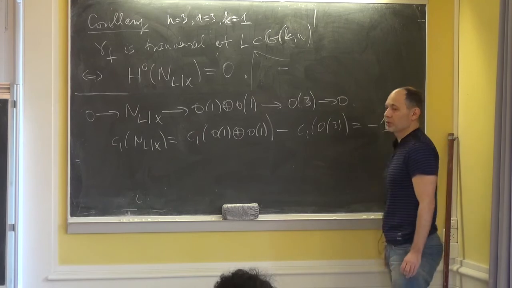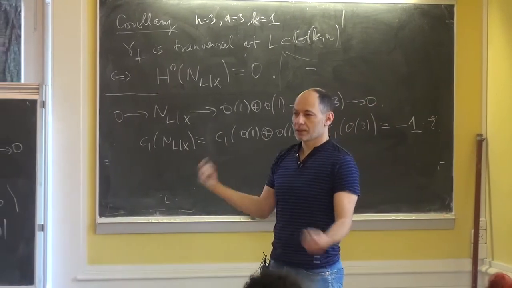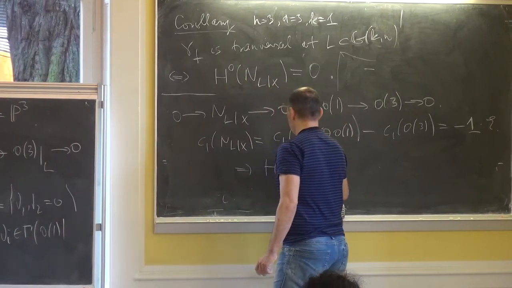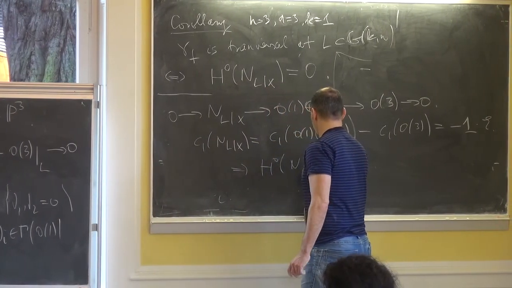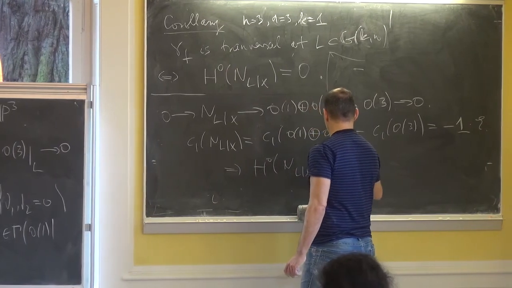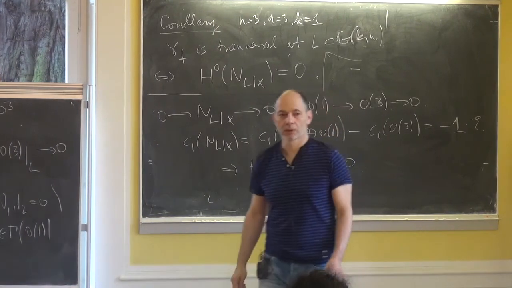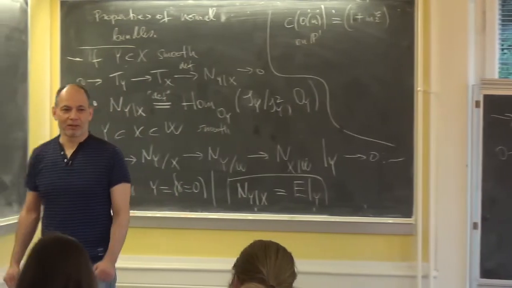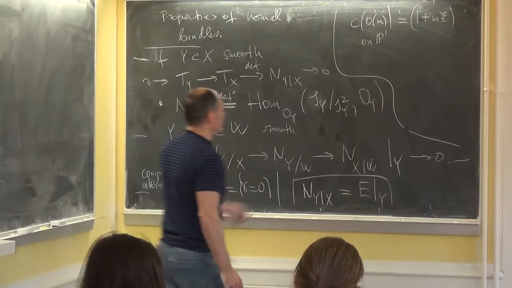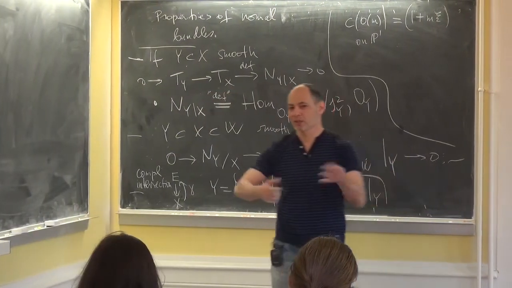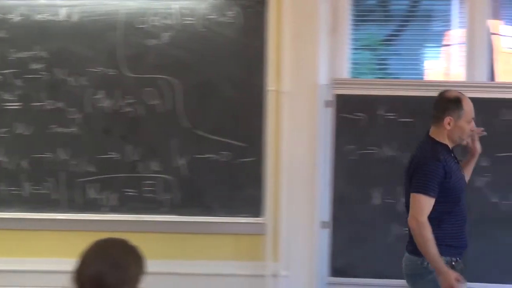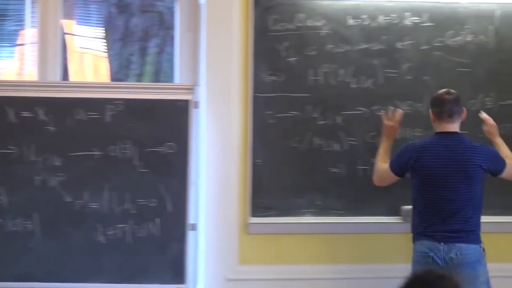It doesn't matter. So the degree is minus 1, and this precisely means what we wanted. So this is pretty amazing. You see, first it seemed like we were not doing anything, because we represented this 27 with this cycle of 27, some zero section of something. But actually, amazingly,